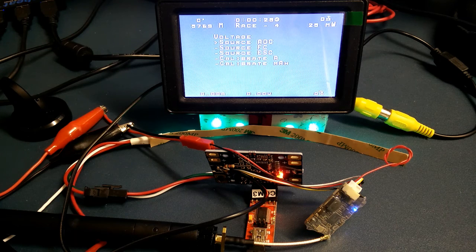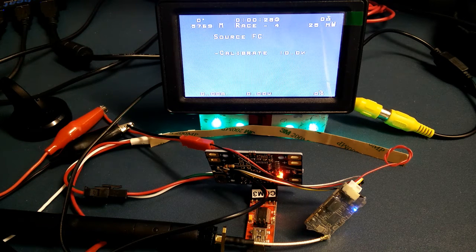The voltage, there's a number of sources, so we can have the onboard ADC. The flight controller has a voltage measurement, and the ESCs, the KISS ESCs also have a voltage measurement. You can pick which one you like. Generally set it to flight controller, and then once you click OK there's also a calibration, so if you find it slightly out, you can modify it